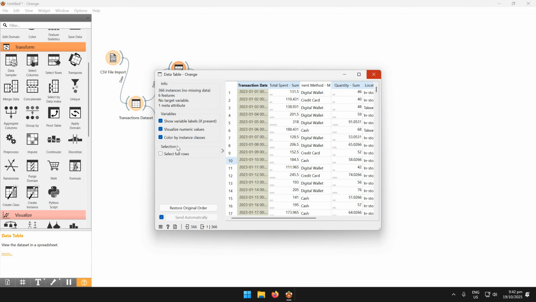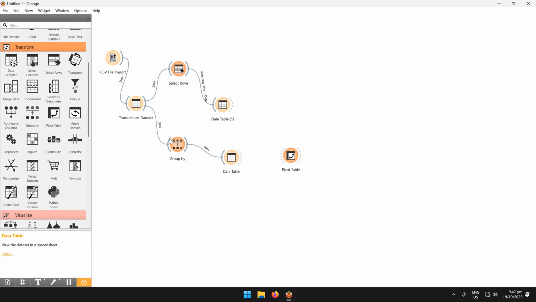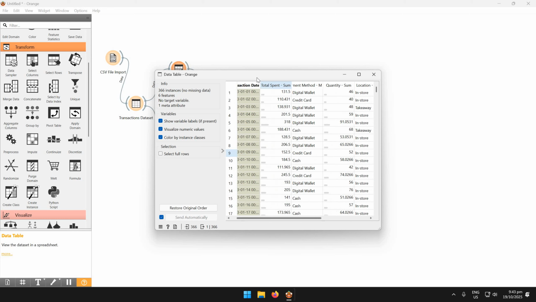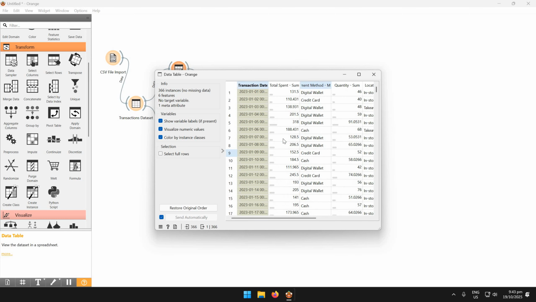So by using this group by transformation right here, this widget, we basically change the granularity of our data set from something that is very specific, something that is very detailed, into something that is more summarized, something that gives us a bigger picture. And it depends on us if this is the granularity that we want, because by converting our data set into something that is more general, something that is less specific, into the per day data set, we lose a lot